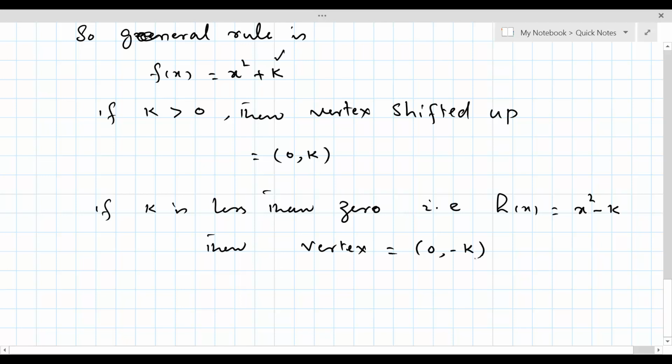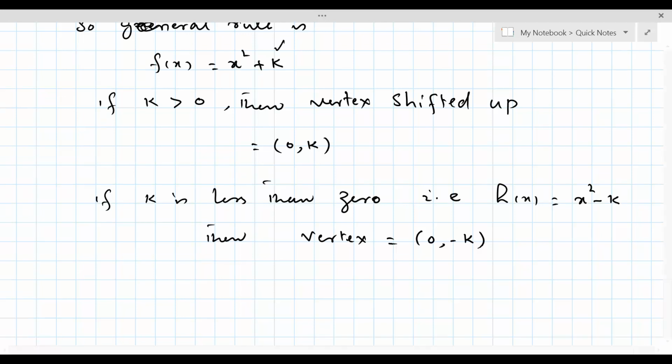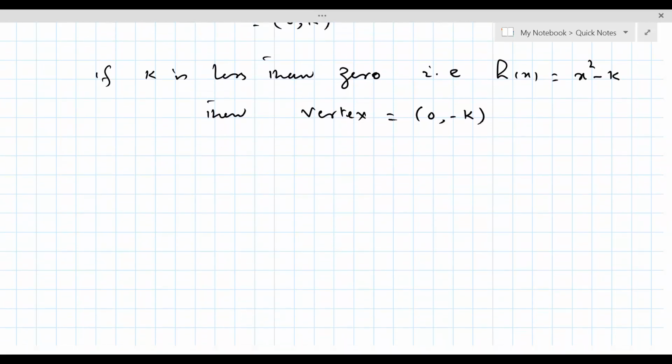So whatever that number is, it simply adds up to the y coordinate of the vertex. And for number 2, axis of parabola,